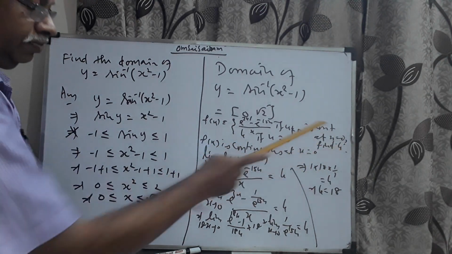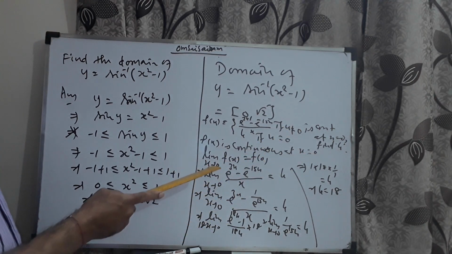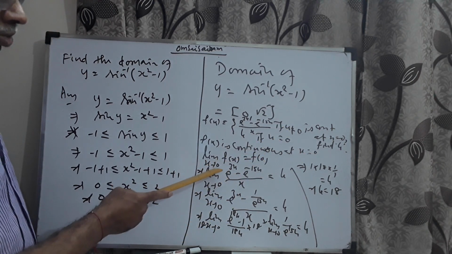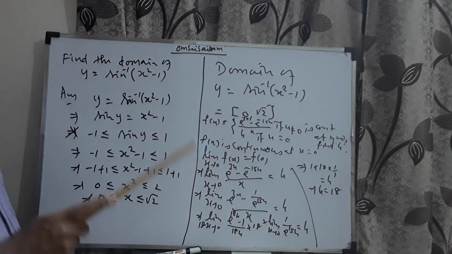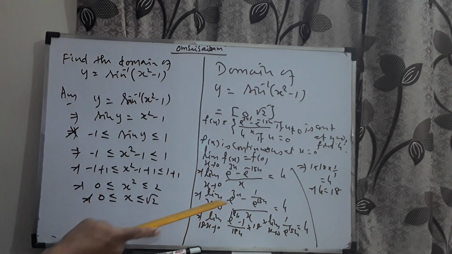Find the value of k. Now f of x is continuous at x equal to 0. Therefore, automatically limit x tends to 0 f of x equals f of 0. If the limiting value is equal to the functional value, that is the real meaning of the function to be continuous